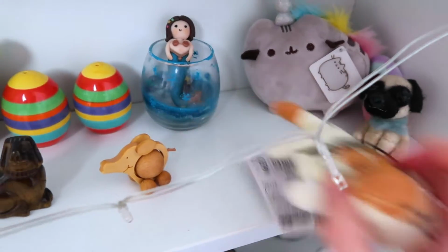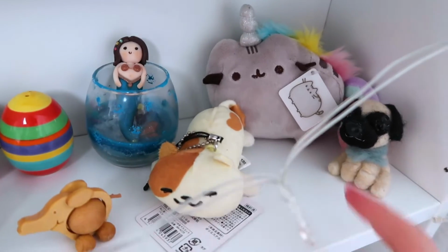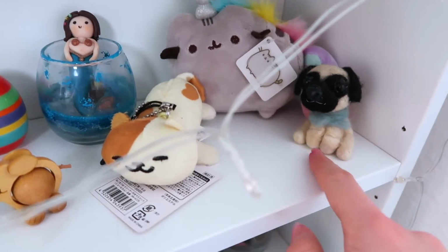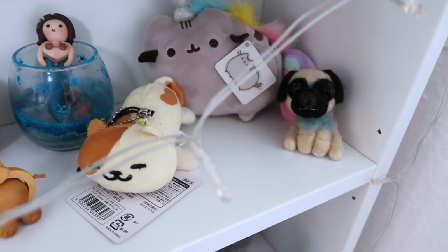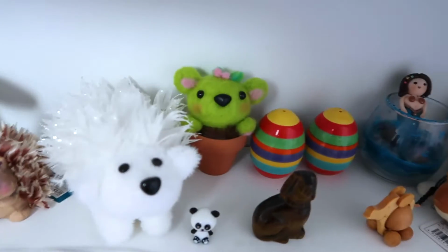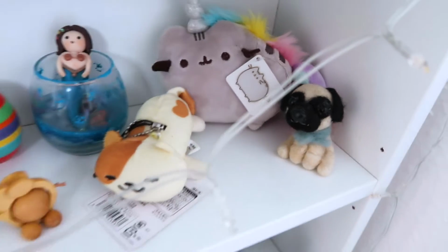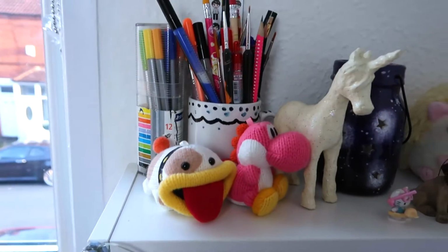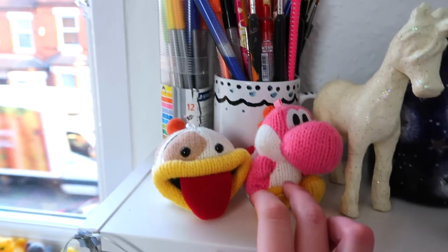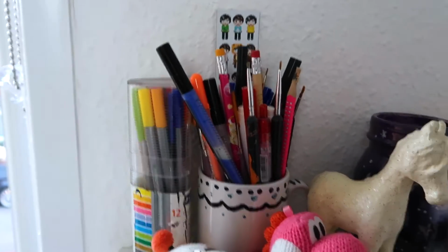Atsum Nico, is that what he's called? I think so, Atsum Nico, I hope I'm saying that right. A little unicorn machine and then a little pug I tried with my felting kit. And as you can see, I really have improved with my felting since doing this little guy, but I still think he's sweet. Then I've got my little Yoshi World amiibos, some spare pens and fine liners that I don't really use that much,